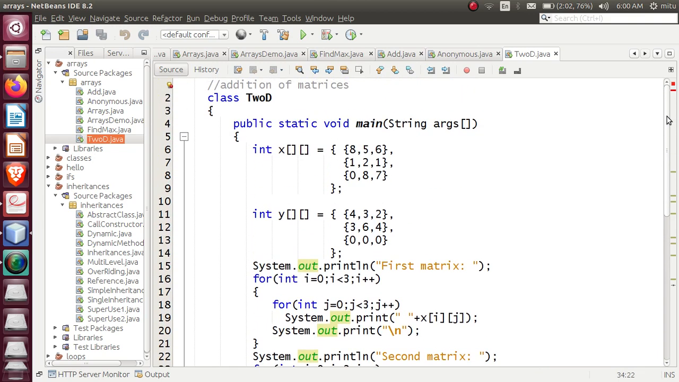Here also, two-dimensional arrays are declared by this method. We can process the elements of these two-dimensional arrays with the help of two different loops, where the outer loop is used for row operations and the inner loop is used for column operations. If I run this code,